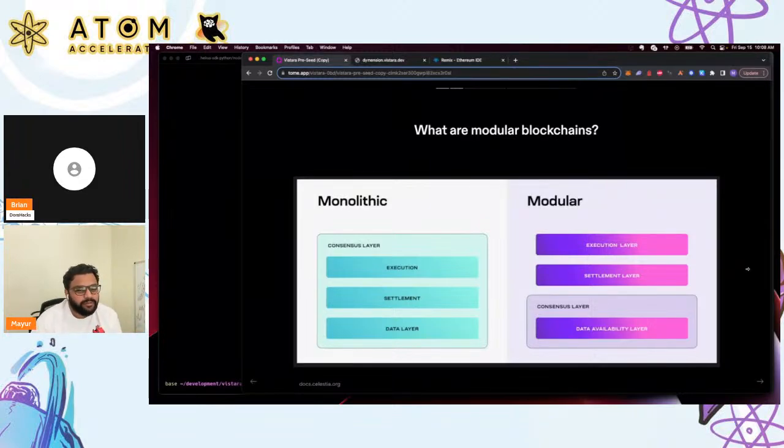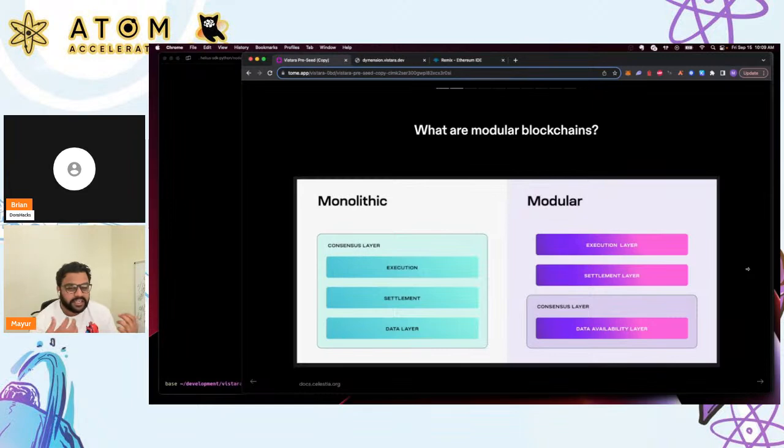In the context of modular blockchains, we take these high level components and split them into smaller parts, which is similar to monolithic versus microservices architecture. It's easy to start a monolithic application, it involves less overhead and it's very easy to deploy, because everything is on the same machine.